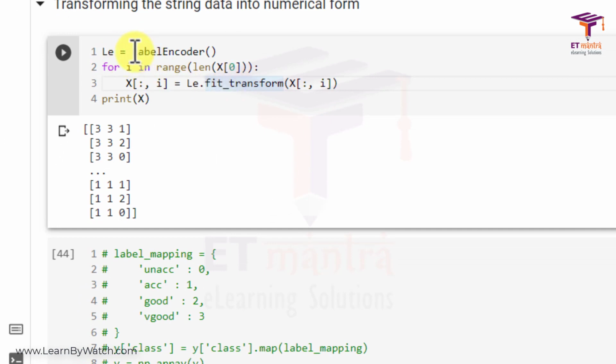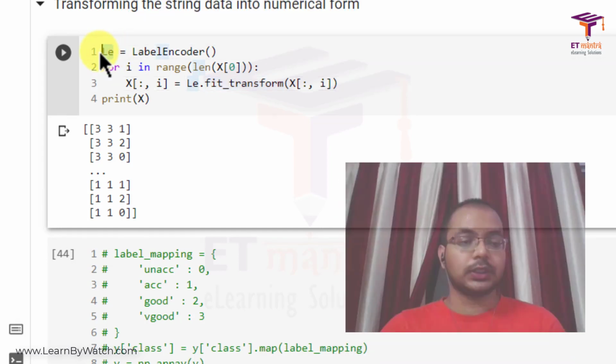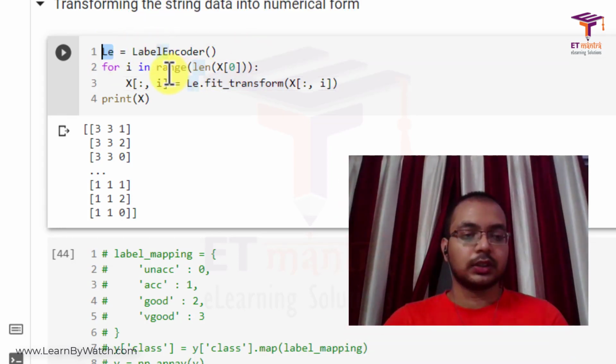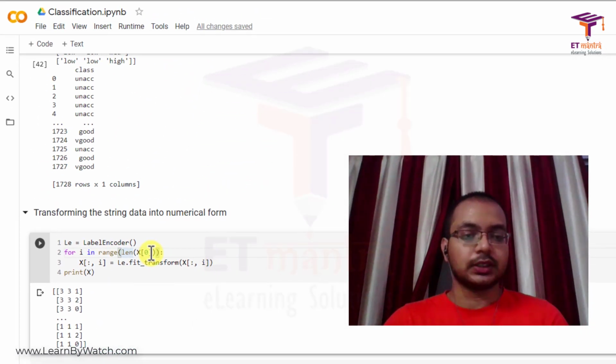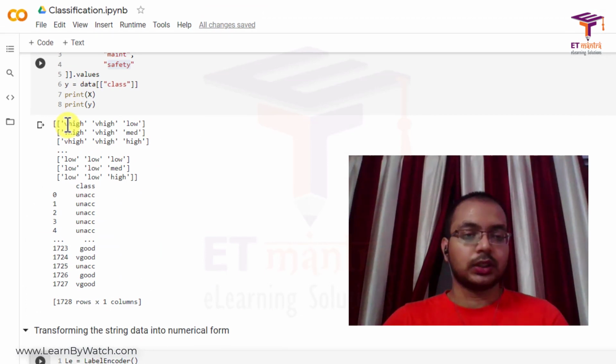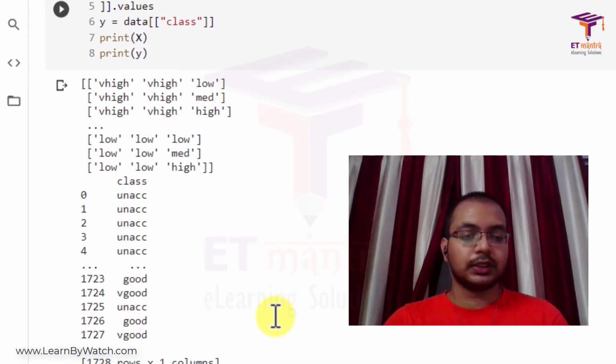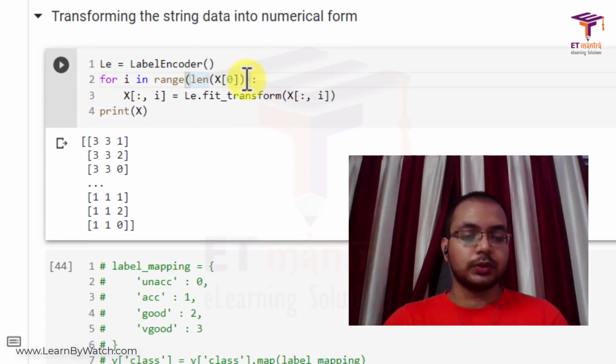For that we use LabelEncoder. We have created an object LE from LabelEncoder, and we run a for loop from 0 to the length of X[0]. X[0] is actually the first row and its length is 3. So i goes from 0 to 2, and this one takes all the rows and the column.